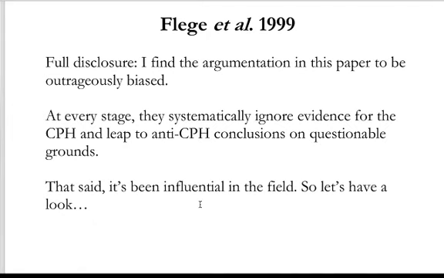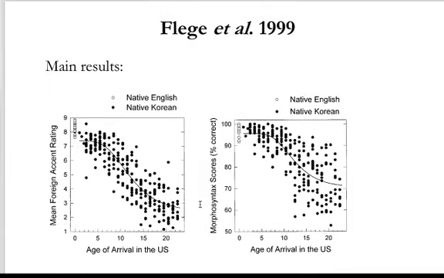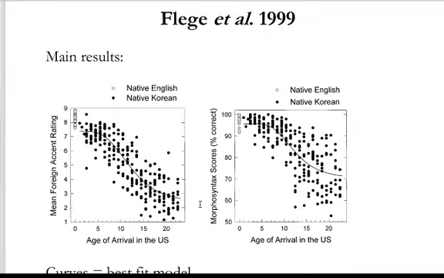It's one of the more detailed quantitative studies in this area, and it definitely has influenced a lot of studies that came later. But for reasons that we'll probably see shortly, at least some of them, I think a lot of the argumentation here is just wrong. That said, let's have a look at what they did, and I can explain what I think the problems are. So here's their sort of marquee results. This is from the two tasks.